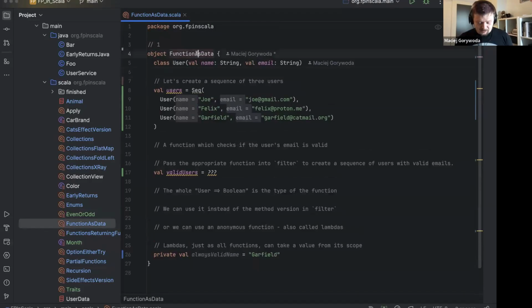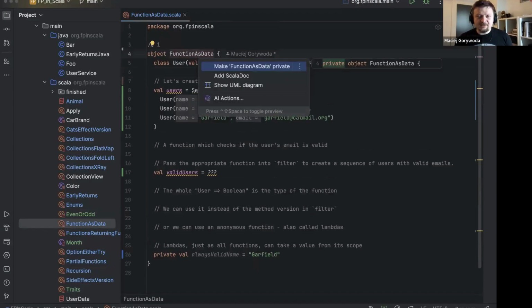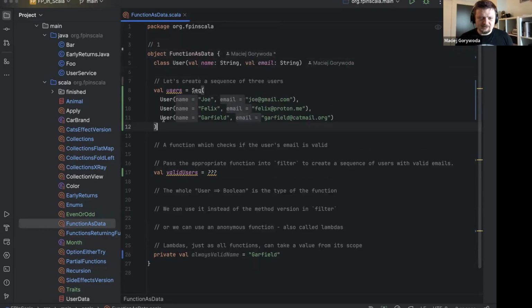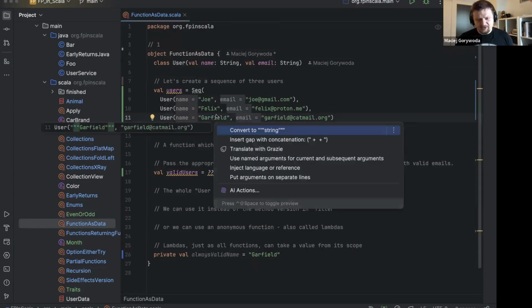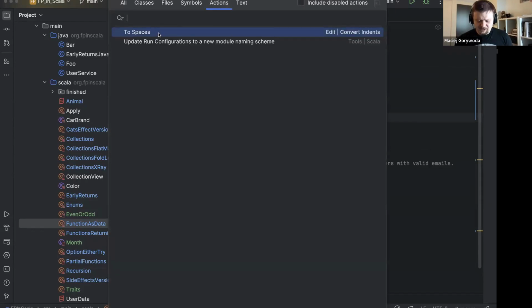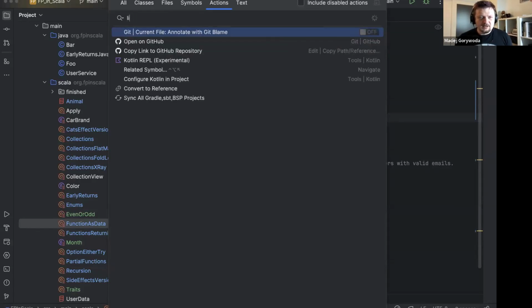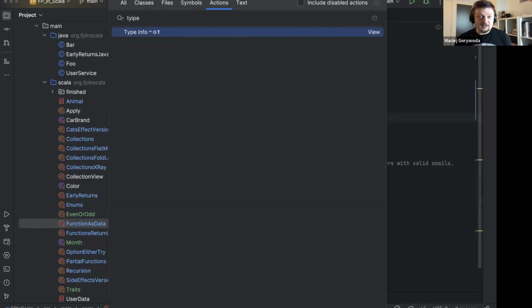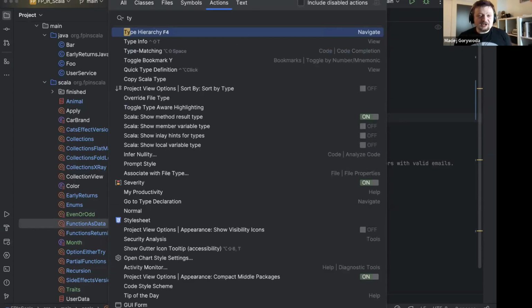If you press Alt Enter at any point in your code, you can get some hints. What can you do with it? If you click, for example, on actions here, you can start writing whatever, like type info. So generally, instead of talking about all those things, I would like to invite you to just try